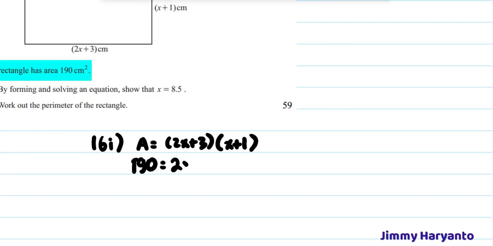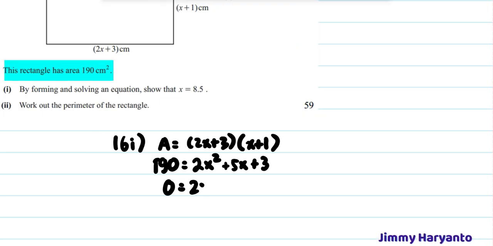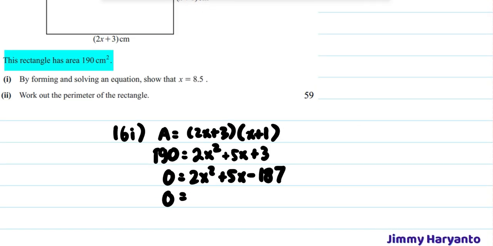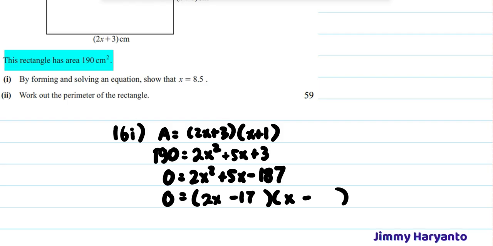You expand it, you have 2x squared plus 3x plus 2x, which is plus 5x. And then you subtract the 190, giving minus 187, and then you will factorize this. Okay, so the factorization will be 2x minus 17 and x minus